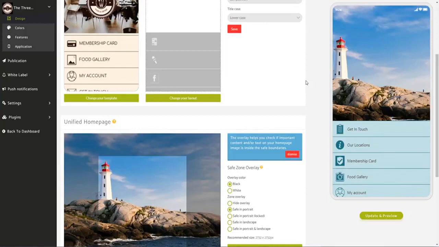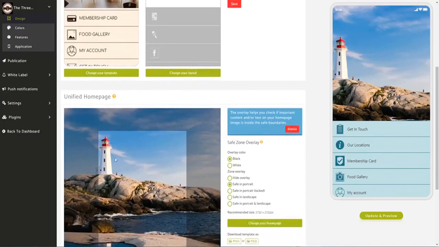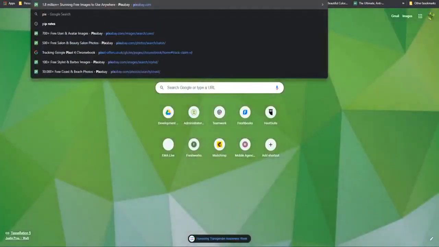So as I said, in this one I've used a picture of a lighthouse because there was a lighthouse near to the actual location. I haven't actually managed to grab the actual image of the one in that locality, but I'm not presenting this to the business at this stage. This is just a demo app for the purposes of training inside the members area here. So like I say, a lighthouse is quite significant for the area, and so that is what I've used the picture for. Now I've got that picture off a place called Pixabay, so if I load this up,